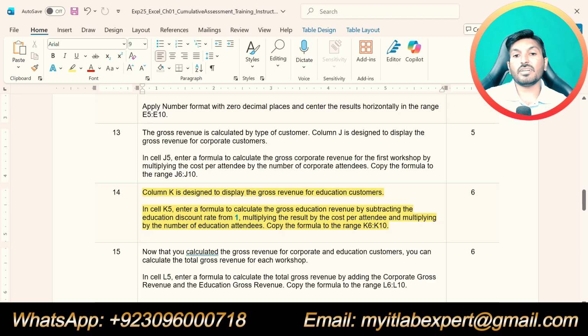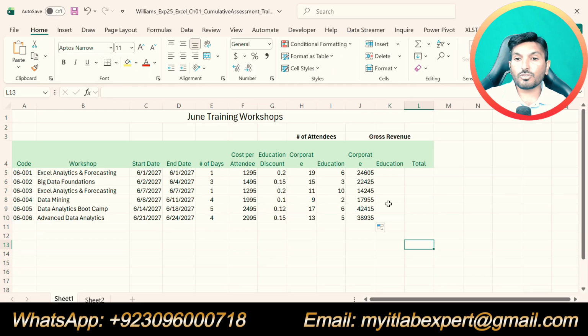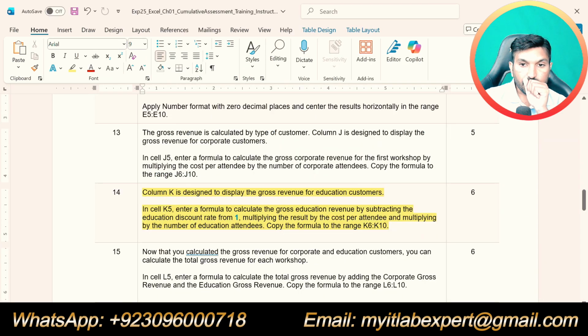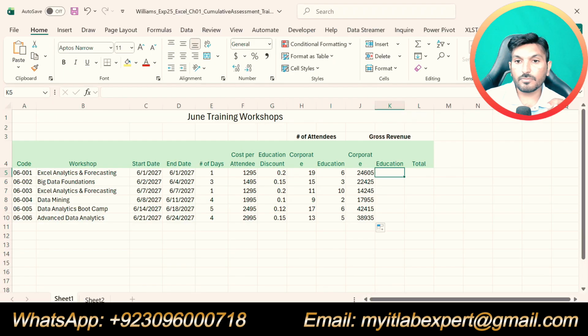In cell K5, enter a formula to calculate the gross education revenue by subtracting the education discount rate from 1, multiplying the result by cost per attendee and by the number of education attendees, copy the formula to K10. So now we are supposed to calculate the gross education revenue by subtracting the education discount rate from 1.